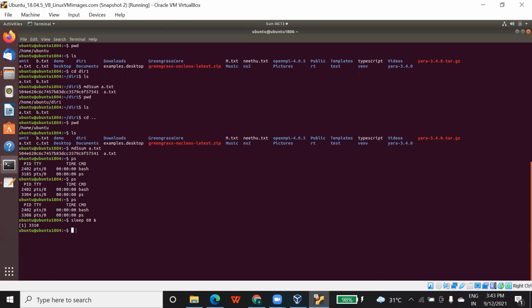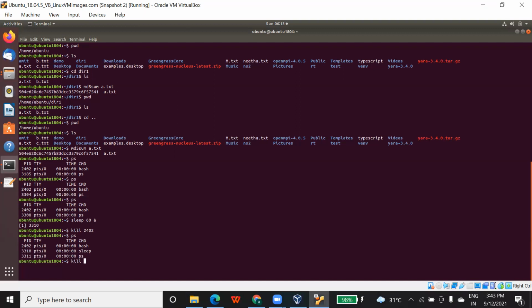Now, if you want to kill any process, how can you kill it? Kill means just to remove it from the processing. So just type kill and type the process ID 2402. I will press enter. Now I will run ps again. So again, the sleep command which had the ID 3310 is there. Kill here means that the process will be of no use, so you can kill it anytime.